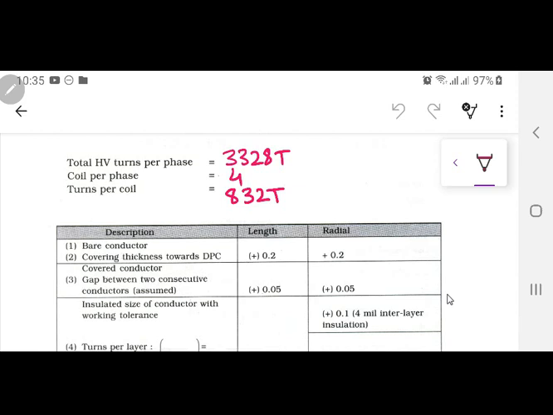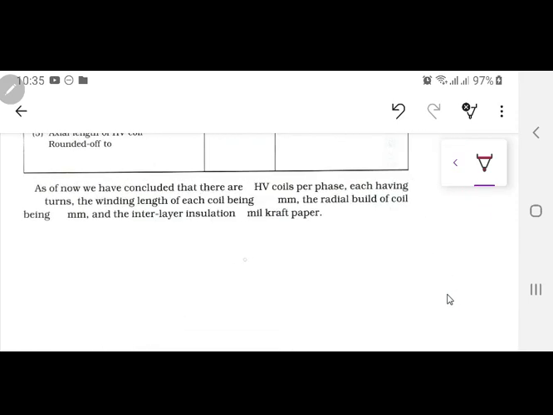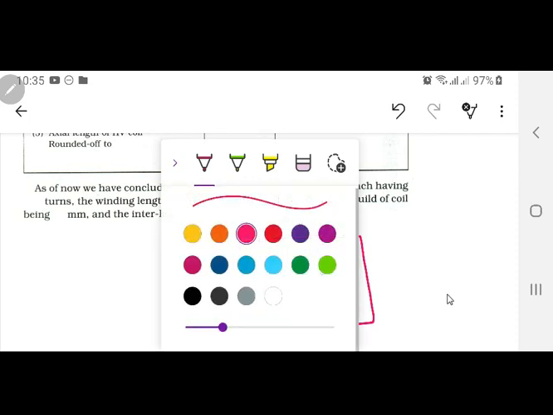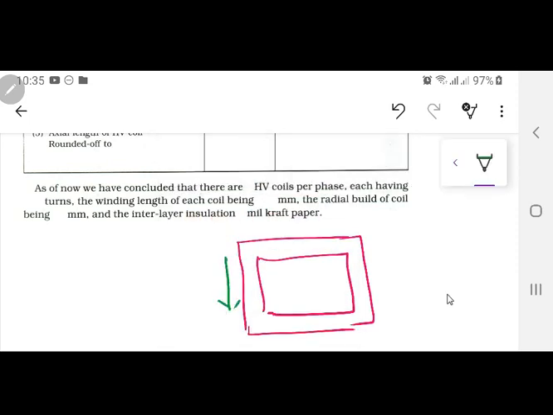Now, see this table. There are 3 columns. The first one is a description, just telling you how you are going to arrange that 1.7 mm conductor. The other 2 are the length and the radial. By length I mean that the length is actually going downward on the limb. Radial means you are going outward from the core. For those who are still a little lagging behind, if I draw the diagram, supposedly this is the core. So the length is this one. This is length, and going out this is radial.